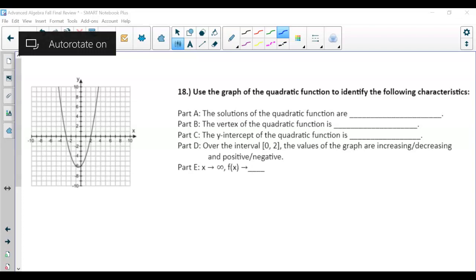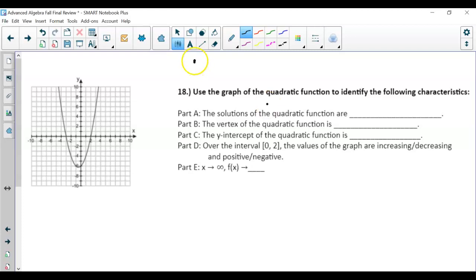In this video of the Advanced Algebra Final Exam Review for the fall, I am going over numbers 18 to